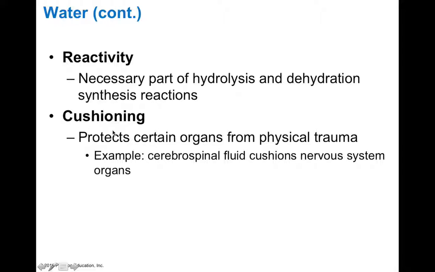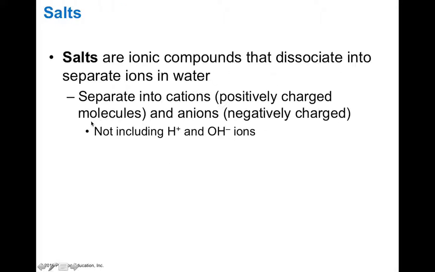So we know that most of your tissues are full of water, which actually helps to prevent organs from physical trauma. But the cerebrospinal fluid around your brain is also mostly made of water, and this forms a nice cushioning around your brain and spinal cord to prevent trauma to this very sensitive structure. So in that regard, it actually serves as a cushion.